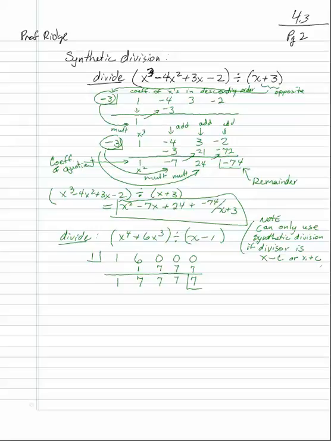And so this was x to the fourth, so this one's x cubed. So our answer is going to be x cubed plus 7x squared plus 7x plus 7, plus the remainder, which is 7 over x minus 1. Okay? Now, the remainder theorem,